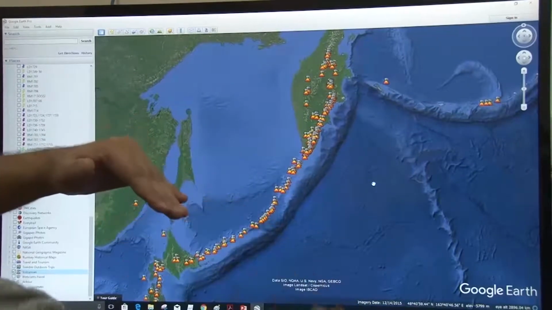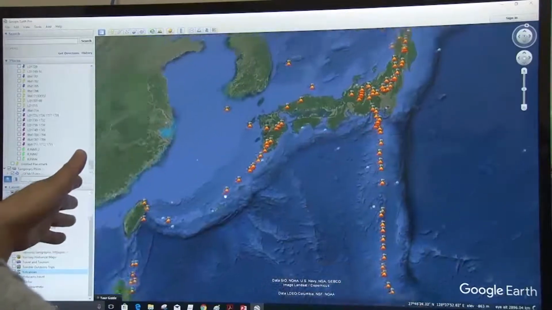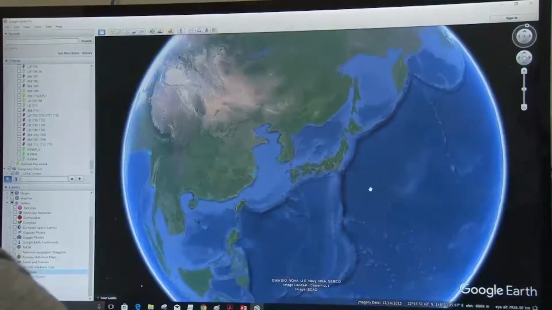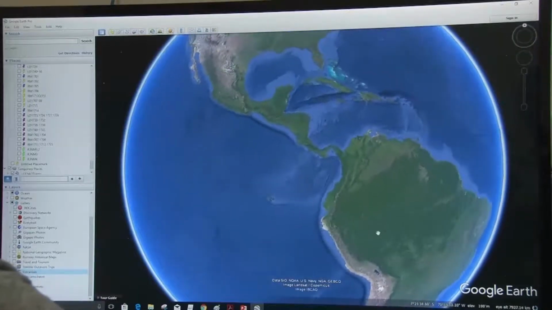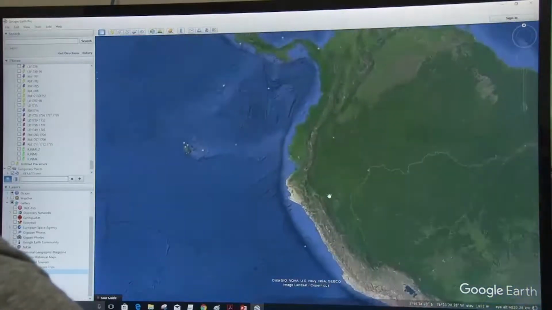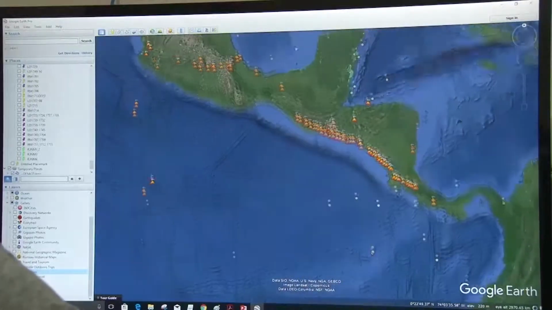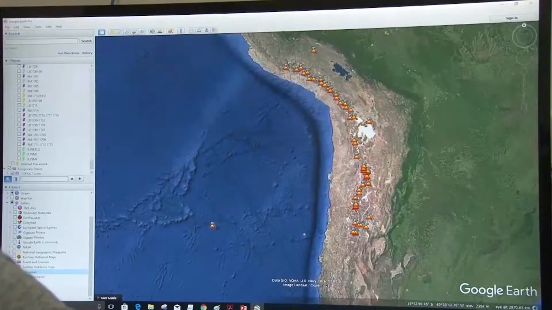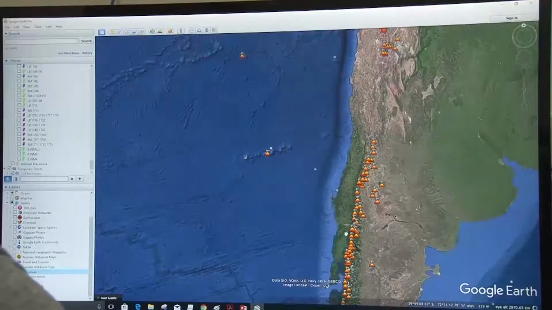It has Japan, Taiwan, and other countries along its belt. Similarly, in case of the Chilean subduction zone, you will be able to look at some volcanism along this Cascadia subduction zone and Chilean subduction zone. So this is a very typical feature you will find all along the subduction zone.